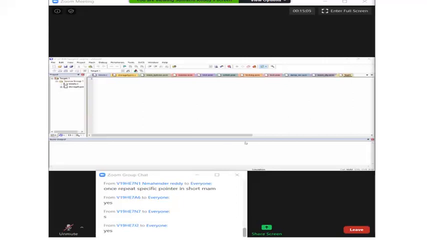Is it clear with this? When you provide a specific pointer, it can point to that specific area only. And if you are trying to point to another memory area, it will not work. You will not get the expected result. The compiler will not throw an error, but it will not work. Now clear with specific pointer?